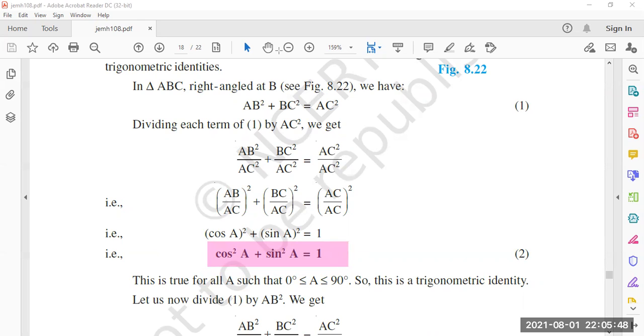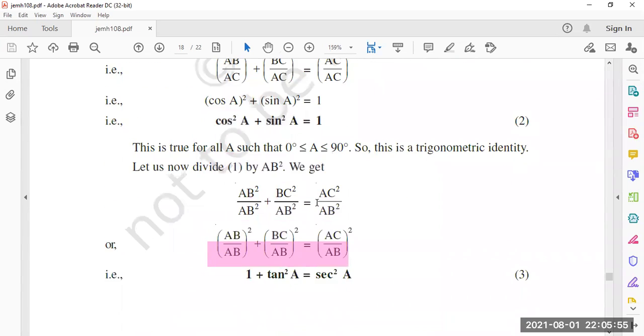Okay, now let us continue to do this way, dividing this expression. Now, the cos square A plus sine square A is equal to 1 that we got here, if we divide it by some other particular ratio, we get another identity. Let me tell you once again, we are learning these identities for the purpose of simplifying the equations. We are learning these identities to simplify big expressions and solve questions, for an easy method and easy purpose.